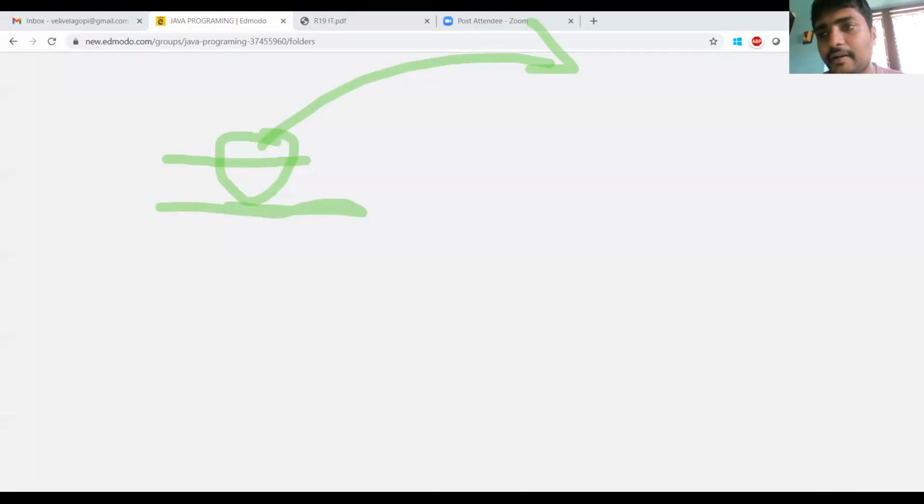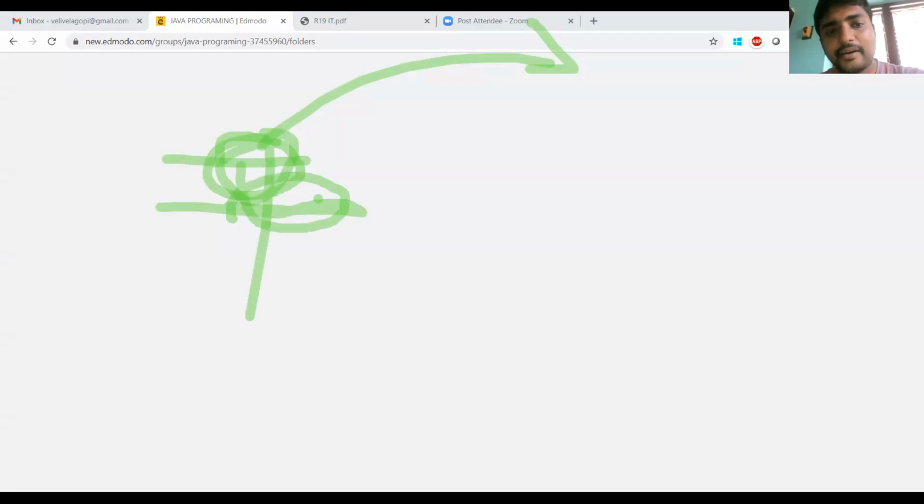In general, if you want to access the class members, we need an object. If you declare the class as static, the class members can be accessed without creating any object. Class members means either variables or methods. That is the main advantage of using the keyword static. If you use static, it is called a nested static class. If you don't use static, it is a nested non-static class.